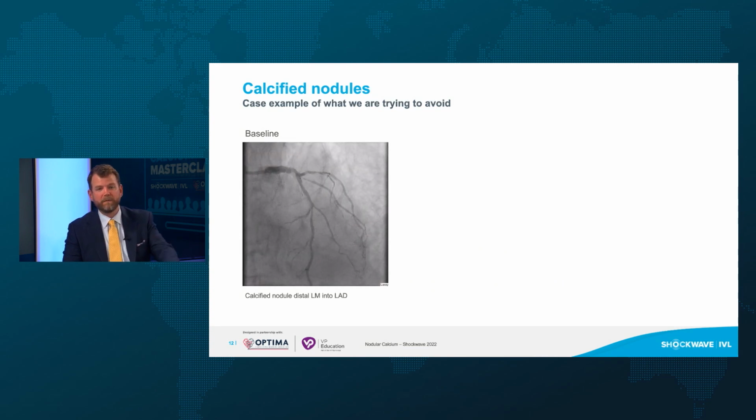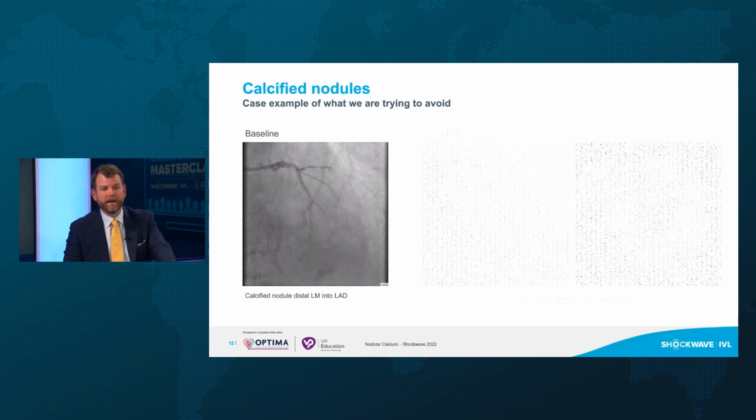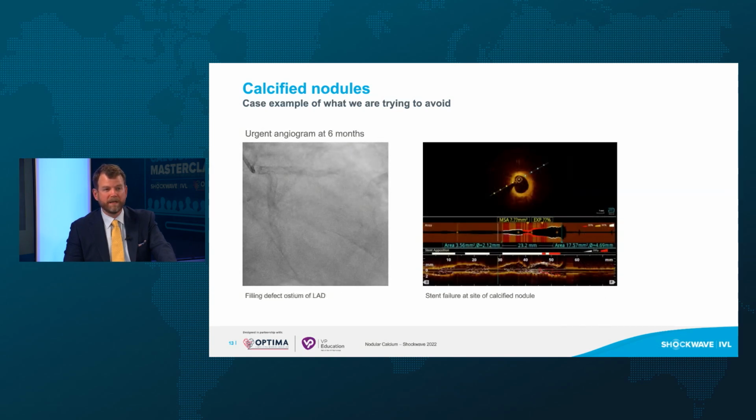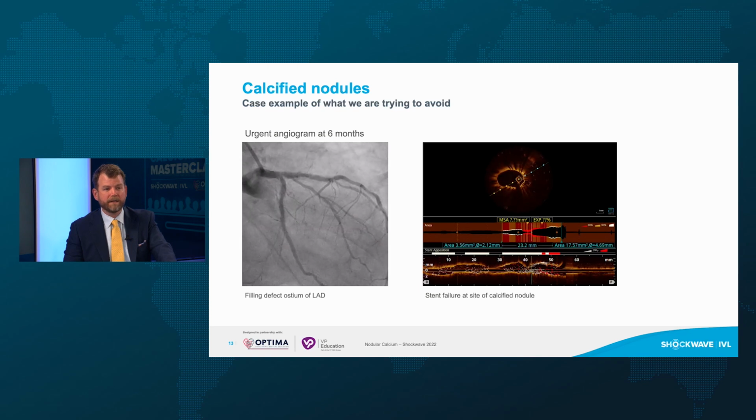And this is an example of really what we're trying to avoid, right? For a long time, this is what we had. We have a big calcified nodule in the distal left main that goes into the proximal LAD. You can see there, even with calcium modification and stent implantation, when we run our IVUS back down, we really have a poor MSA, right? We just don't have good stent expansion, and that poor MSA is going to be predictive of worse short and long-term outcomes. Unfortunately, as you can see here on the left side, we have that defect filling the ostium,